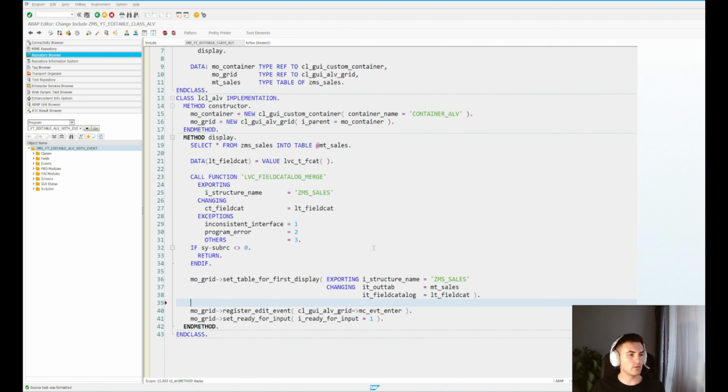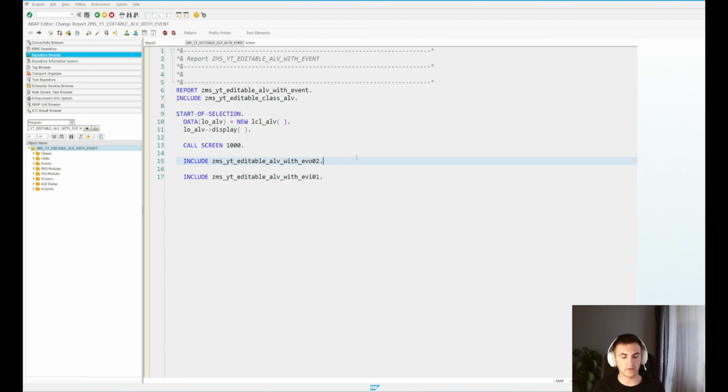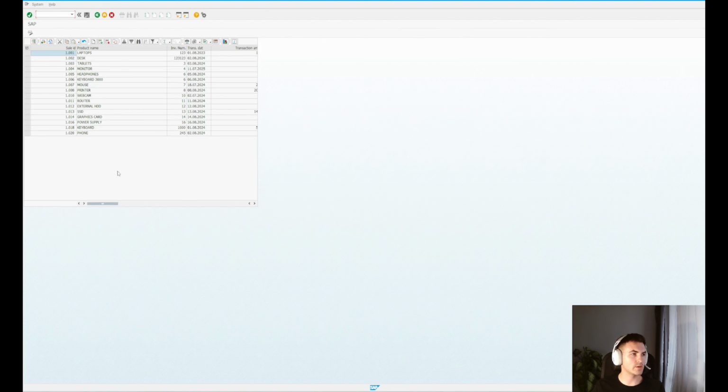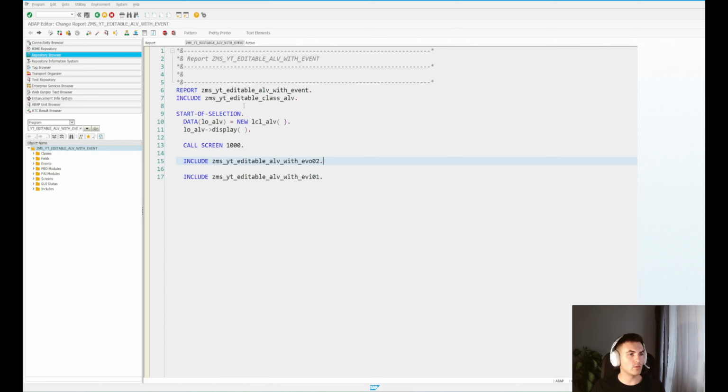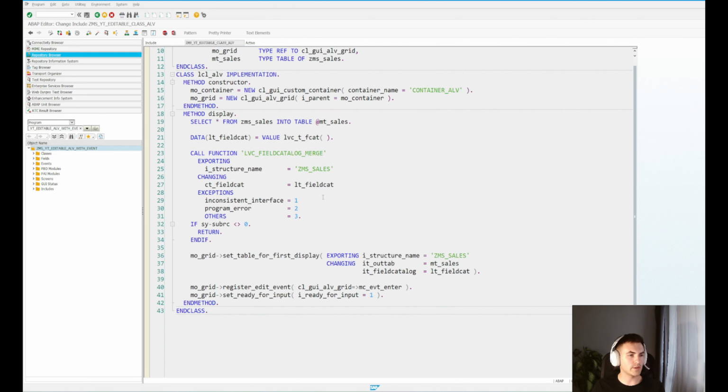And now the whole table will be editable. So if I activate it, go back and run it, you can see everything is white, but I still cannot change the data, which is because of the field catalog. The field catalog controls the display width of the fields, the display names, and so on. And it also controls the